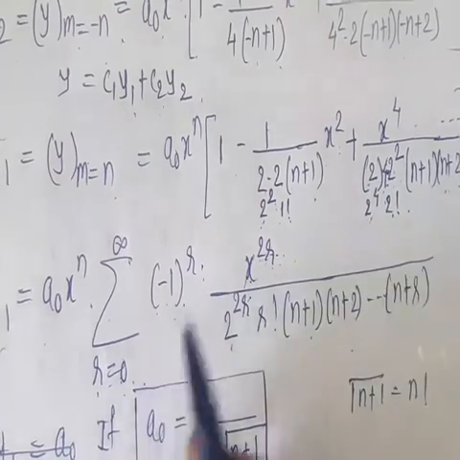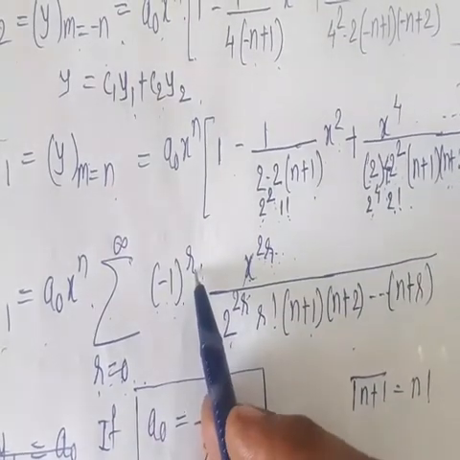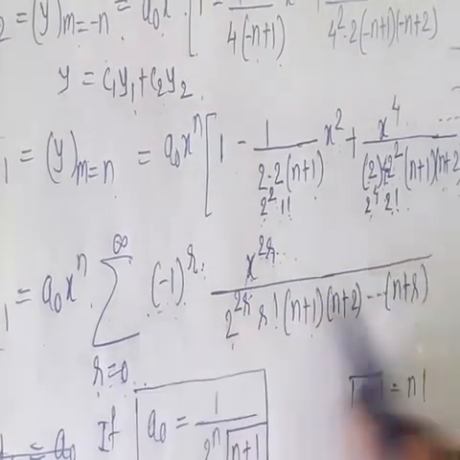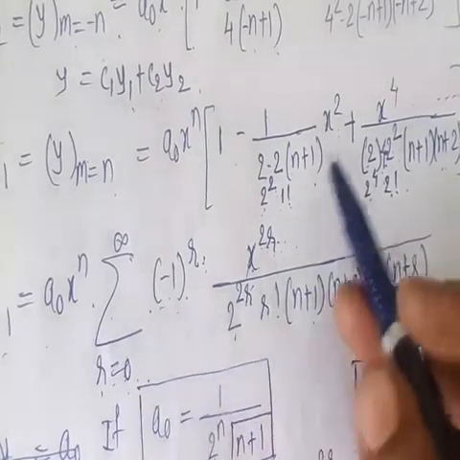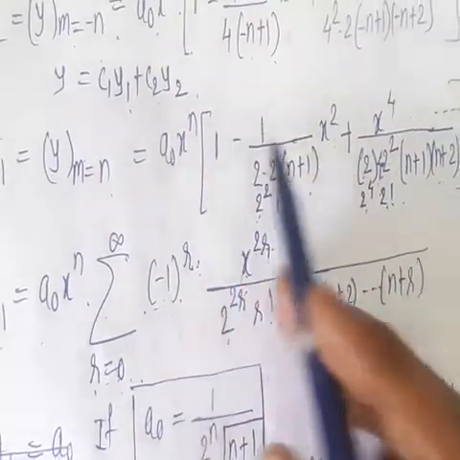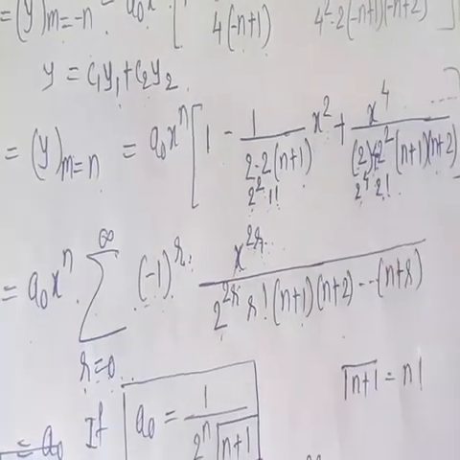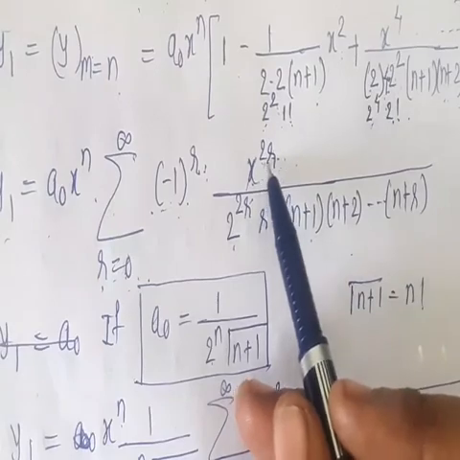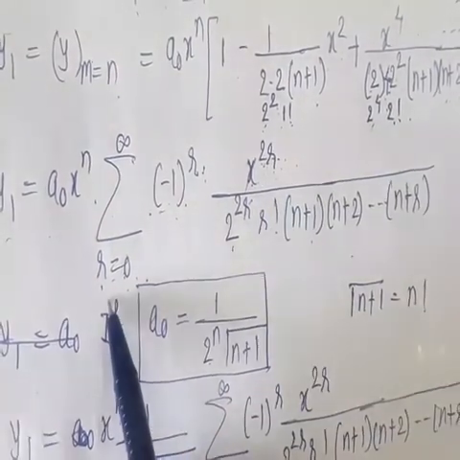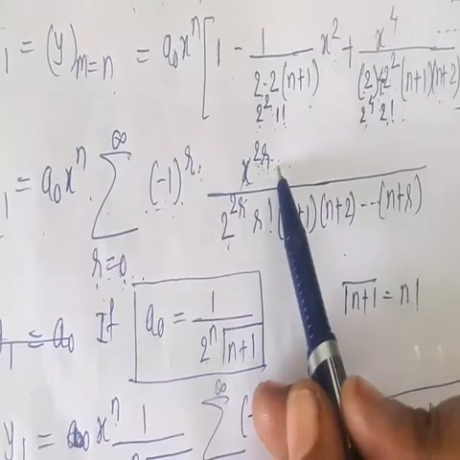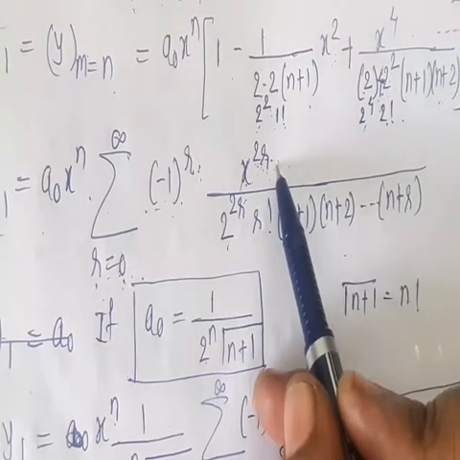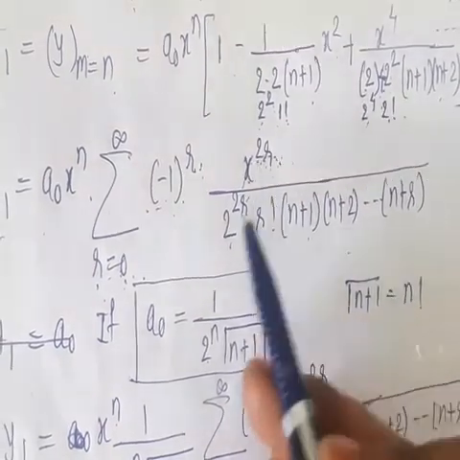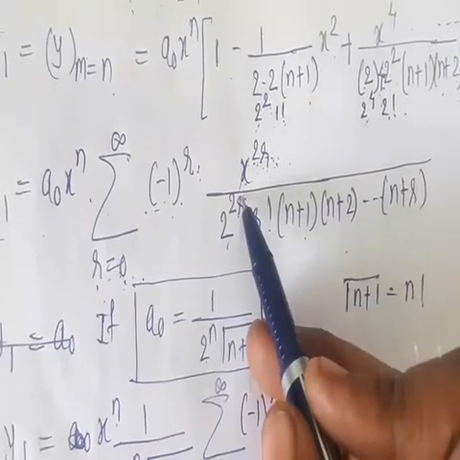Summation r is equal to 0, put r is equal to 0, you get 1, r is equal to 1, negative, r is equal to 2, positive, r is equal to 3, negative, like that you will get alternate positive, negative sign. Next, x power, here x to the power 0, then x to the power 2, x to the power 4, x to the power 6. So x powers are all even powers, and for even powers we can write it as 2r, or you can check from this. Put r is equal to 0 here, it is x to the power 0 is 1, r is equal to 1, it is 2, r is equal to 3, it is 6, r is equal to 2, it is 4.